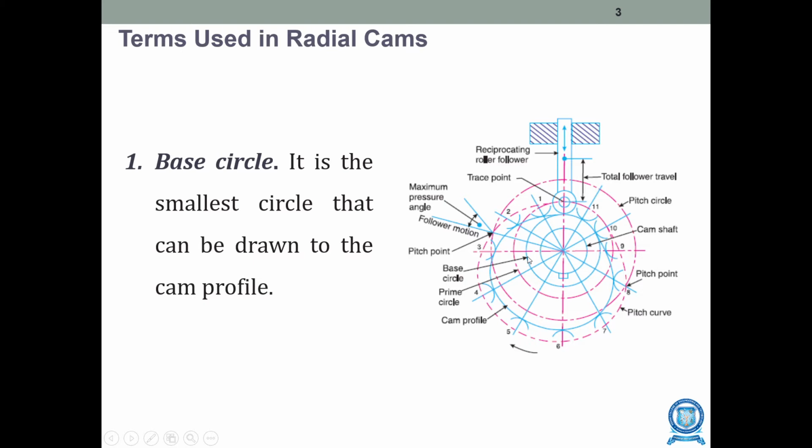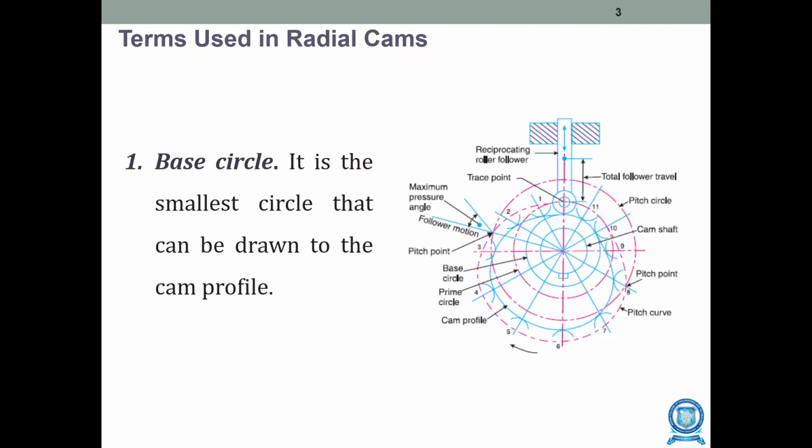So what happens if the base circle is increased? The larger the base circle of the cam, the more control and the more variability one has. Also, the more gentle the acceleration and deceleration rates will be. This directly affects the RPM level and thus the peak horsepower. So these are some implications that will have some effect on the motions. The base circle is the smallest circle that can be drawn to the cam profile.